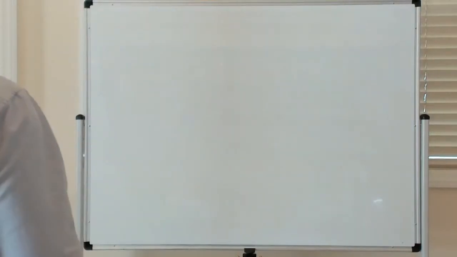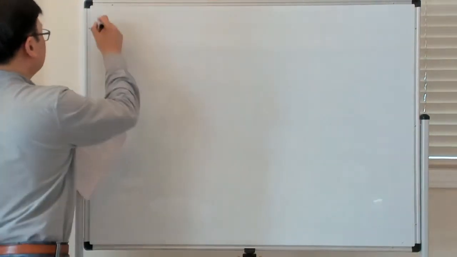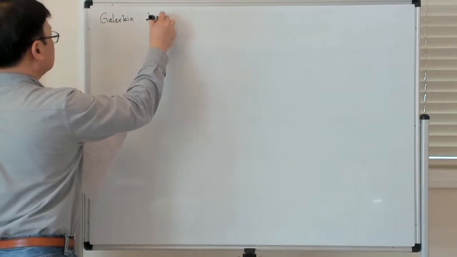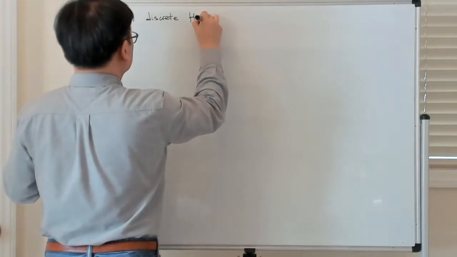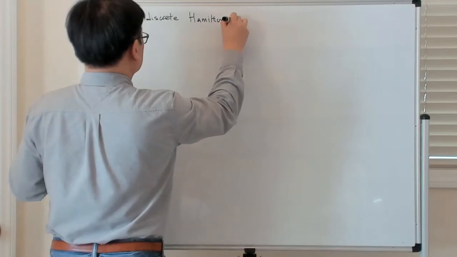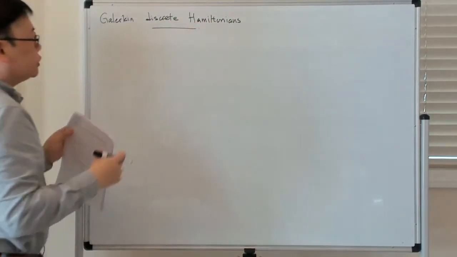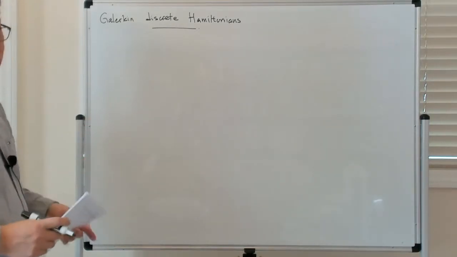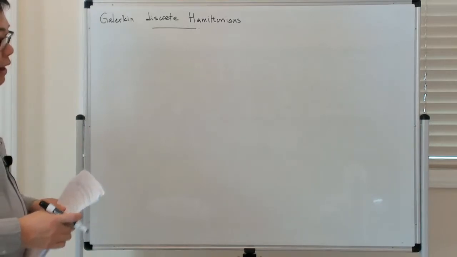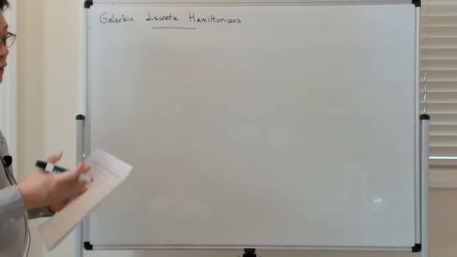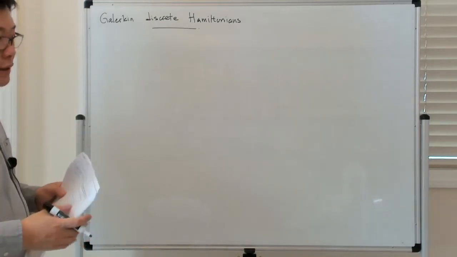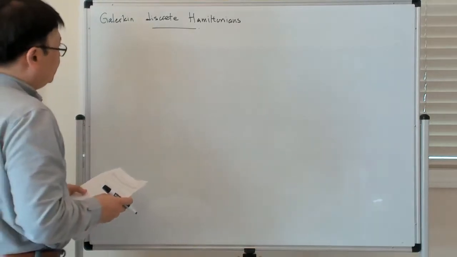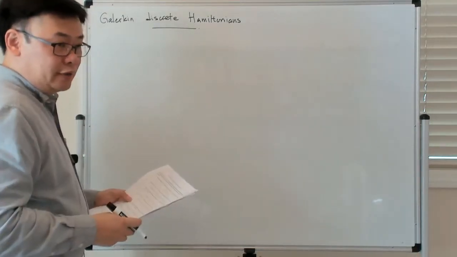All right, so now we're going to talk about Galerkin discrete Hamiltonians. If you recall, the Galerkin discrete Lagrangians were constructed by taking the characterization of the exact discrete Lagrangian and then approximating it by taking variations over a finite dimensional function space and by replacing the integral by a quadrature approximation. So we're going to do something very, very similar with the Galerkin approximation of the exact discrete